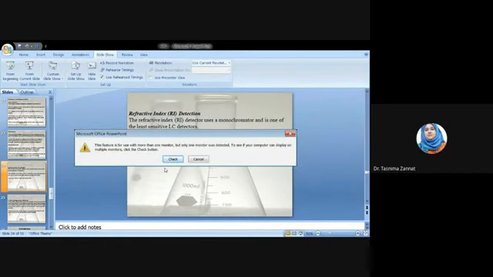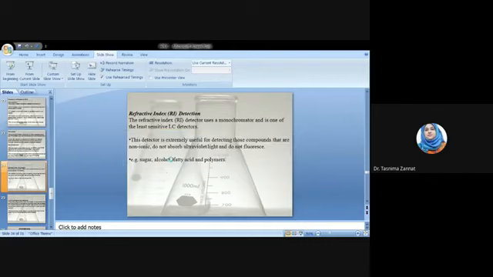This feature is for use with more than one monitor, but only one monitor. To see if your computer can display on multiple monitors, click the check button. কিছু তো আসলো না, আসছে মোবাইল পিসি ডিসপ্লে। তোমরা কি দেখতেছো এখন? এই না স্ক্রিনটা ম্যাম, দেখতে সেম পাচ্ছ? জিনিসই, সেম জিনিসই।